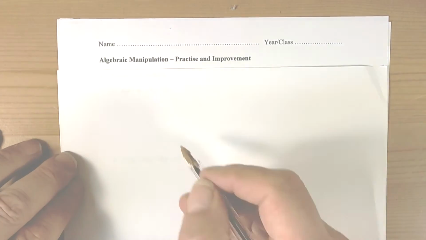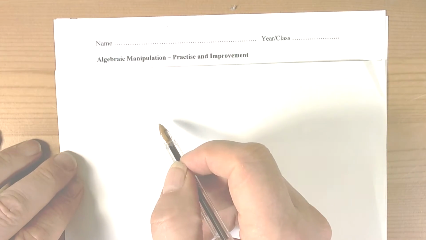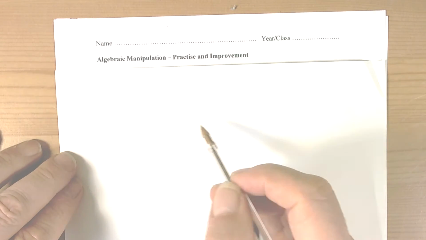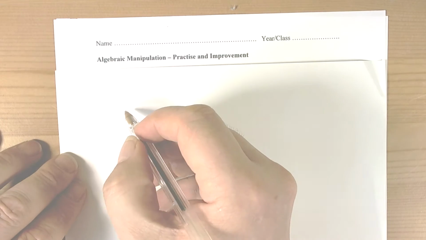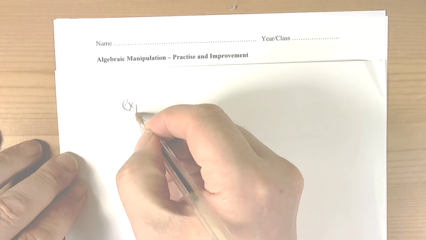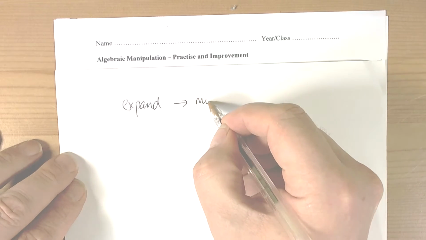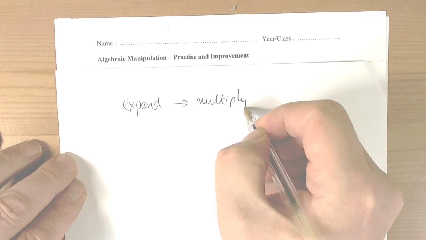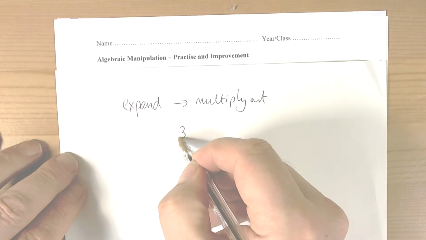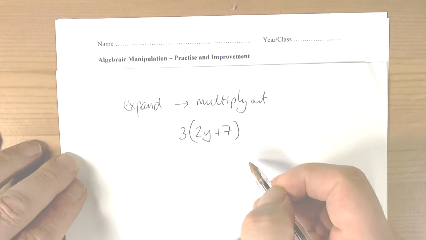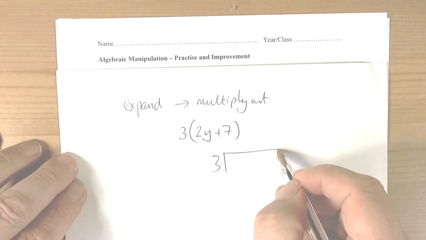Okay, so we're going to look at expanding and simplifying with brackets and a bit of factorising for algebraic manipulation. Just to remind you that if you are expanding brackets, then that word expand means multiply out. So for example, if I've got something like 3 brackets 2y plus 7, then it's telling me to do 3